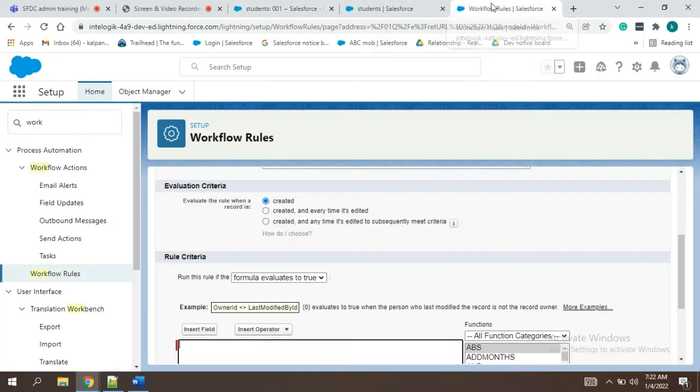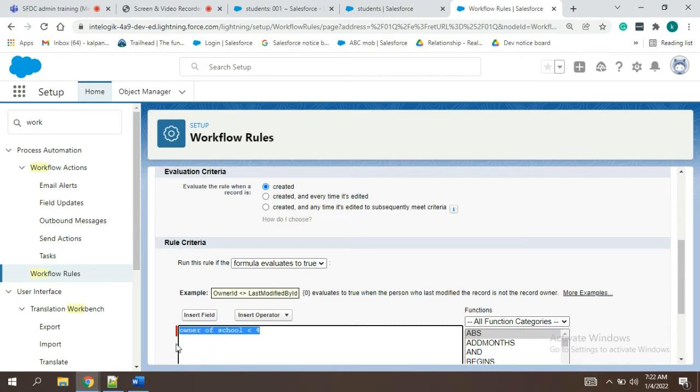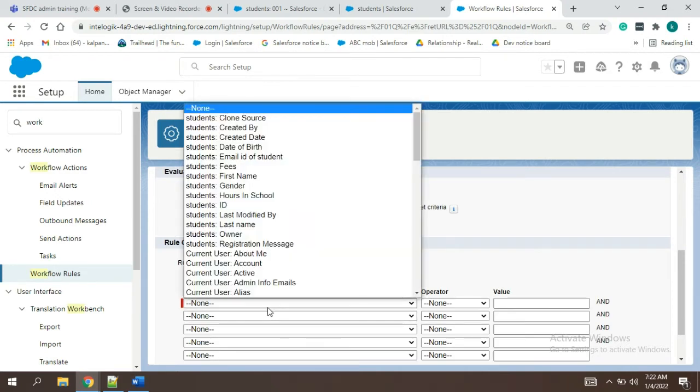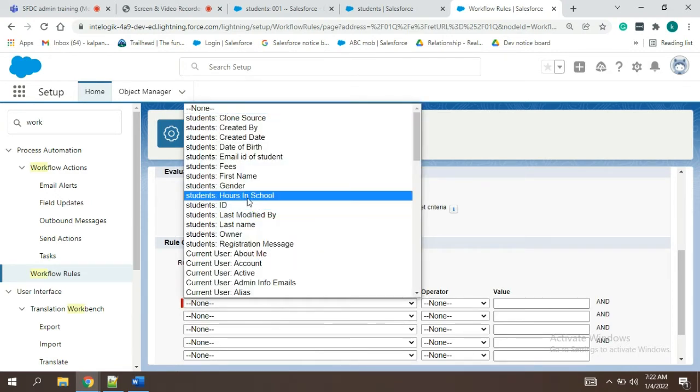Like that, we can directly say owner of the school, whatever the name is, is school greater than 4 hours or less than 4 hours. Like this, we can define, but this is not much easier. So people will mostly prefer this one. Both do the same action, so it is easier for us to get the things from here.